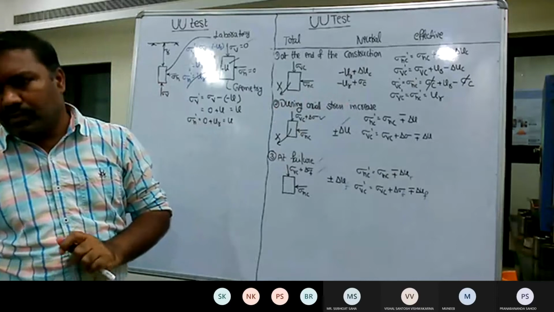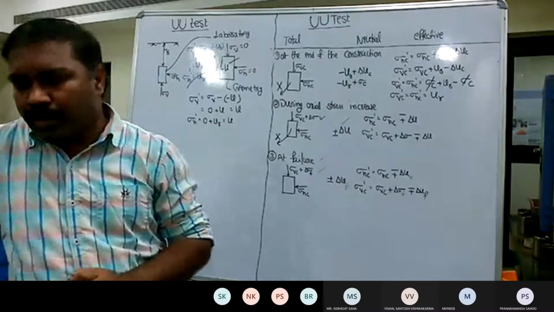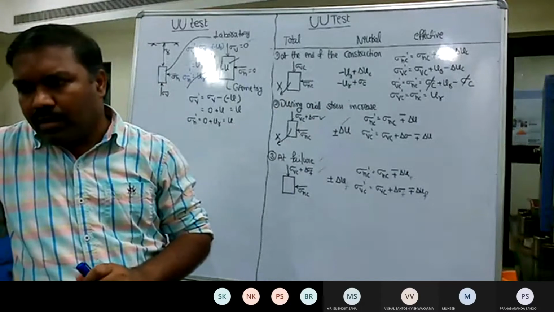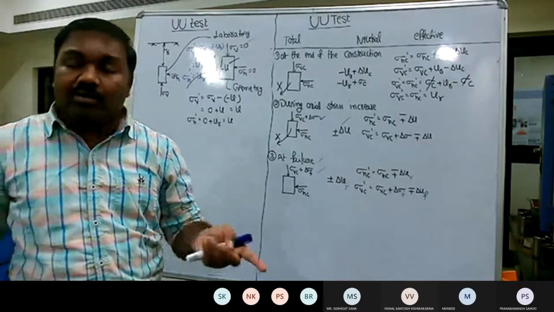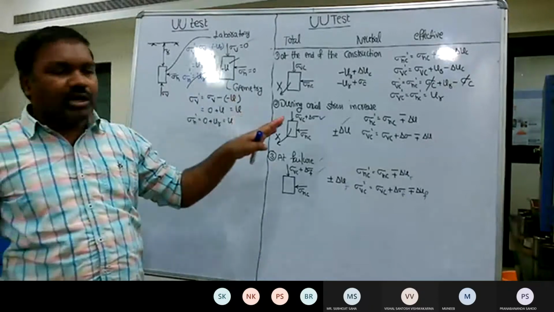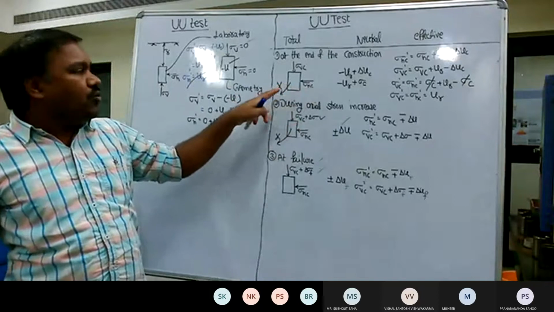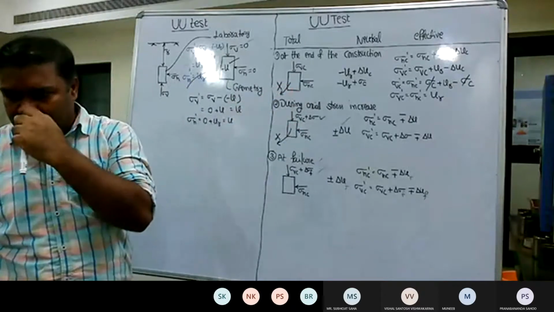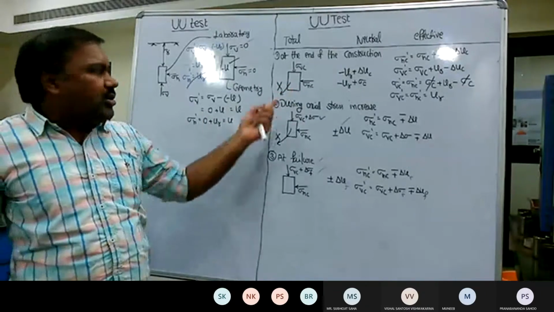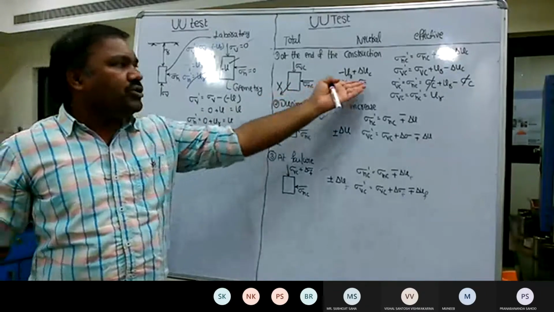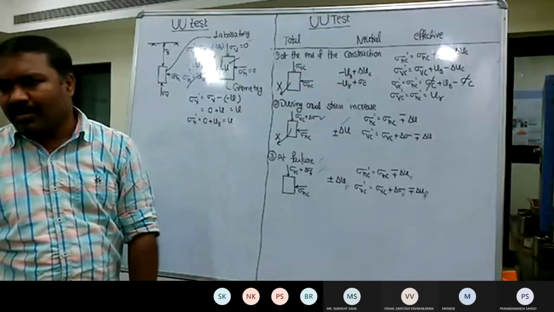Sir, this is an unconsolidated test, no, sir? Yes, it is unconsolidated only, but you are applying the confining pressure and you are not opening the valve. Okay, then excess pore water pressure will develop. Yes. Suppose you are opening the valve, no such condition arises. Everything is zero. Yes, yes.